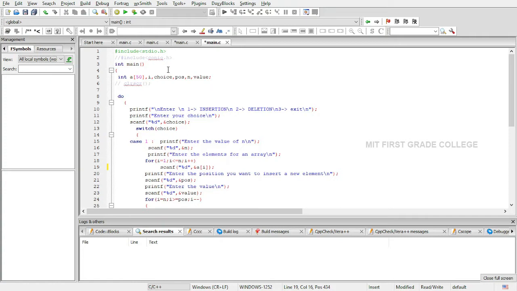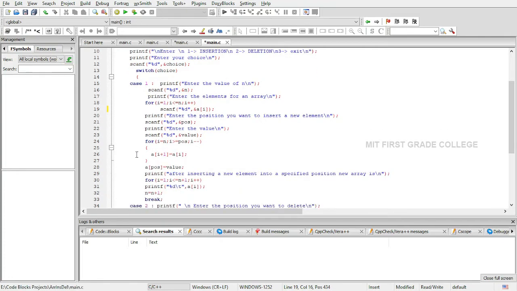Position will give me the position from where I want to insert an element inside the array or remove an element from the array. N will give me the number of elements that I wish to insert inside an array, and value is the value that I'm going to insert inside the array.